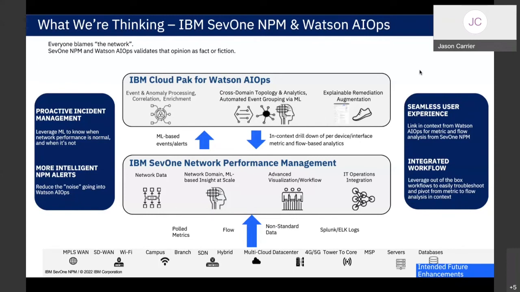The other thing that will be included in that integration is, as the SRE sees the SevOne network-based event that's happening, if they want to drill down and get more information, they'll have a really handy in-context link that will let them get right back into SevOne and look specifically at what generated that alert and some more context around it.